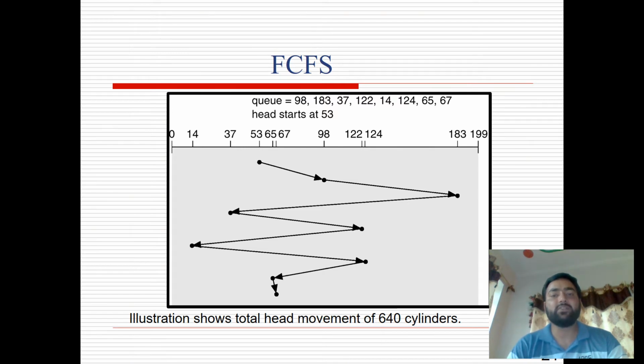Then after 122, it will move to 14. Then from 14 it will move to 124. Then from 124, it will move to 65, and from 65 to 67. That means it will follow a contiguous approach in the queue. The first element will be served first, and so on till the last track is encountered by the read write heads of the sector.